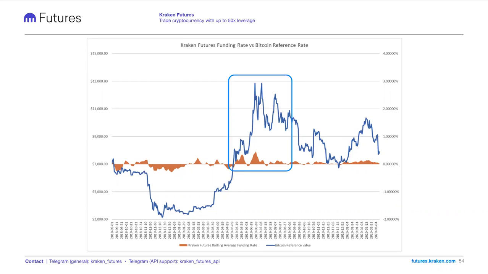Oh, by the way, for the funding rate last year, we did a bit of the math. If you held a long position open for calendar year 2019, you would have paid about 12.4%. So the funding rate on average over the course of last calendar year was positive by 12.4%. So what that means is if you had a $100,000 or $1,000 position open and the price didn't change from January 1st to December 31st, you would have been 12.4% worse off than when you started. Now, the exchange doesn't receive that money. That money was paid to people that were short. So conversely, if you were short calendar year 2019, you would have received 12.4%.